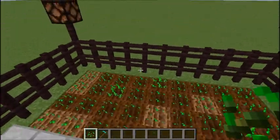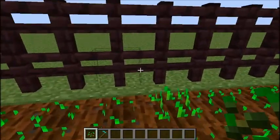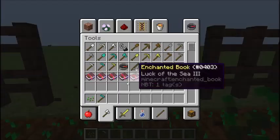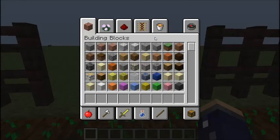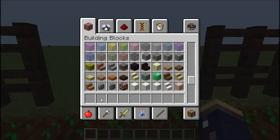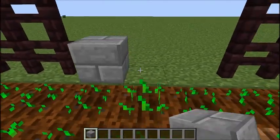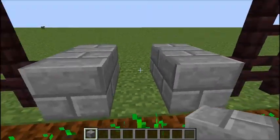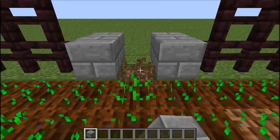So what we need to do now is pick an area that we want this villager to go into. So let's pick right here. And you can use any blocks that you want for the building. So I'm going to use stone bricks. And we're going to make a doorway here. So the door is going to need to go here